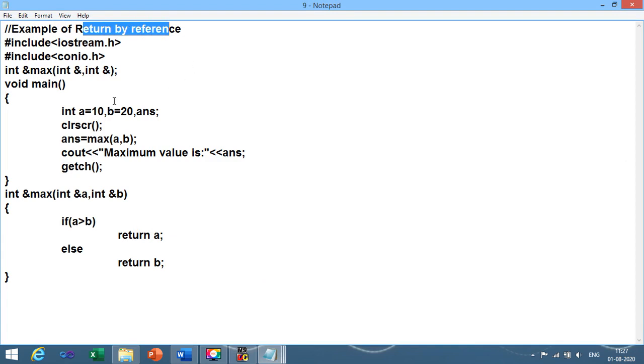Return by reference is nothing but, while you are declaring the function, at that time you need to use the ampersand sign, and you need to write the data type of the return type of the function over here. In the function argument also you need to pass the ampersand sign.